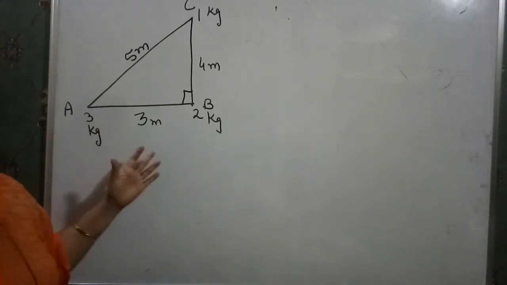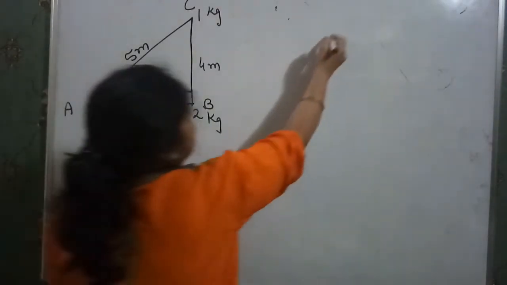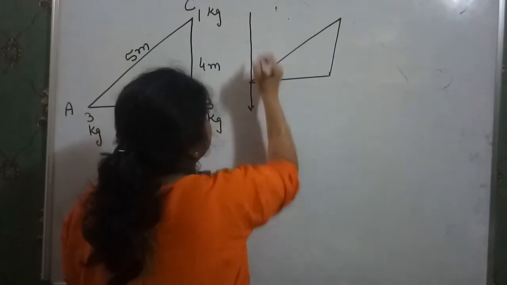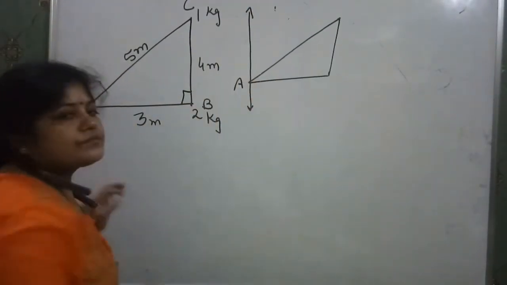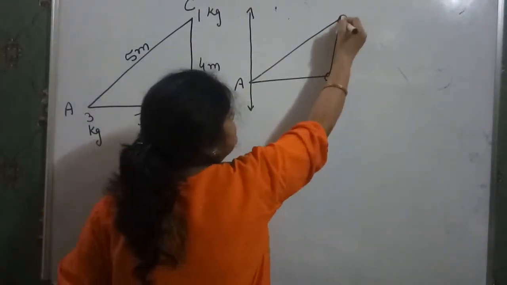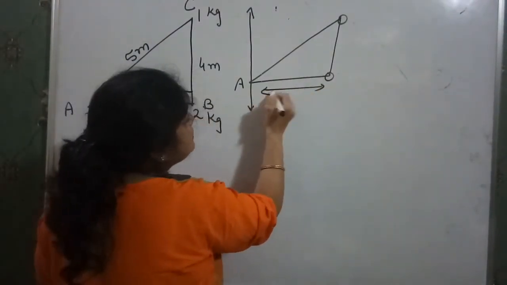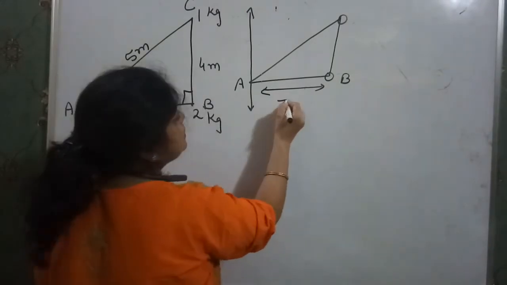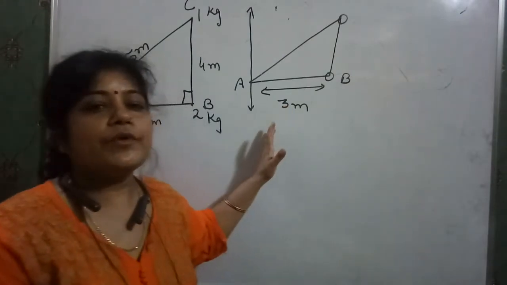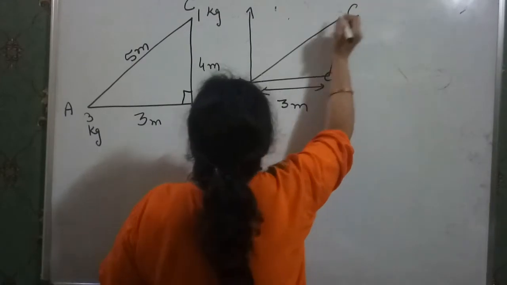Now we have to find the moment of inertia at different points. If I take the case in this way, where the axis of rotation goes through the point A, then for A we have 0. So we take these two points. Clear? When we take these two points, what is the distance from B to A? 3 meters. Just concentrate on the distance from the axis of rotation in order to find the moment of inertia. Now for the case of C, what is the distance?